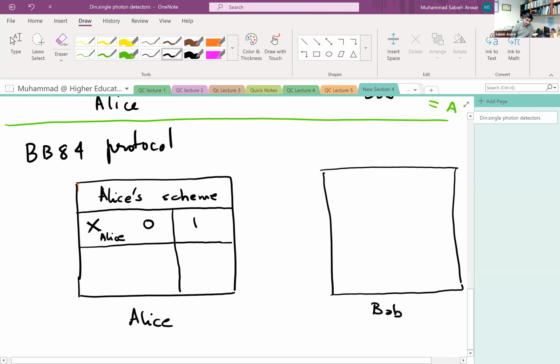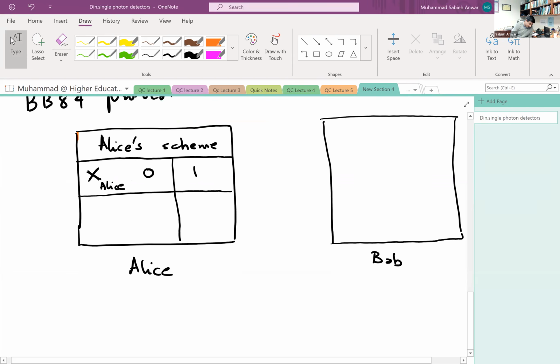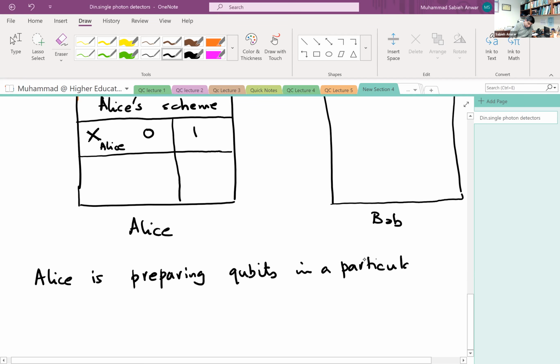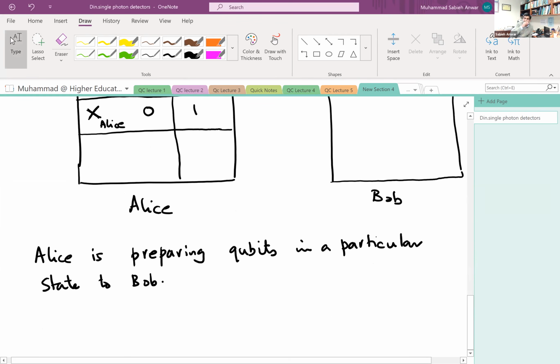And what 0 means is the following. Alice is preparing photons. So now instead of sending classical bits, Alice wants to send qubits in a particular state to Bob. So there are photons traveling from Alice to Bob. Now Alice has a random number generator, or a random input X, that can take two values,